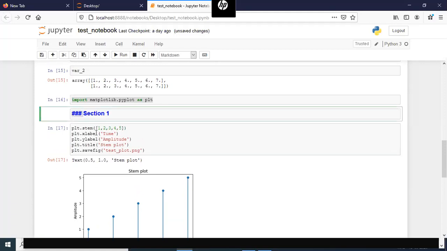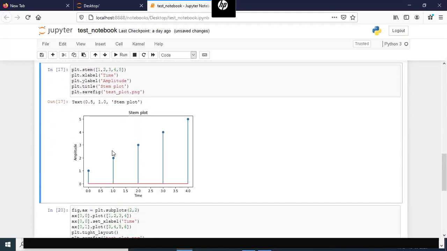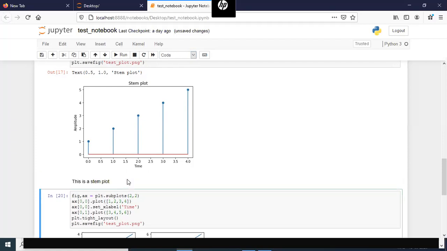If you do not put any hash symbol, it will just print it as text. So you can also write, if you want to make some observations on some figure you've generated, then you can have this plot and then add a cell and then write some text. This plot, this is a stem plot. You can type this, but remember to change the cell type to Markdown and then Shift Enter. Because if you don't change it to Markdown, it'll try to run this is a stem plot statement as though it is a Python command.